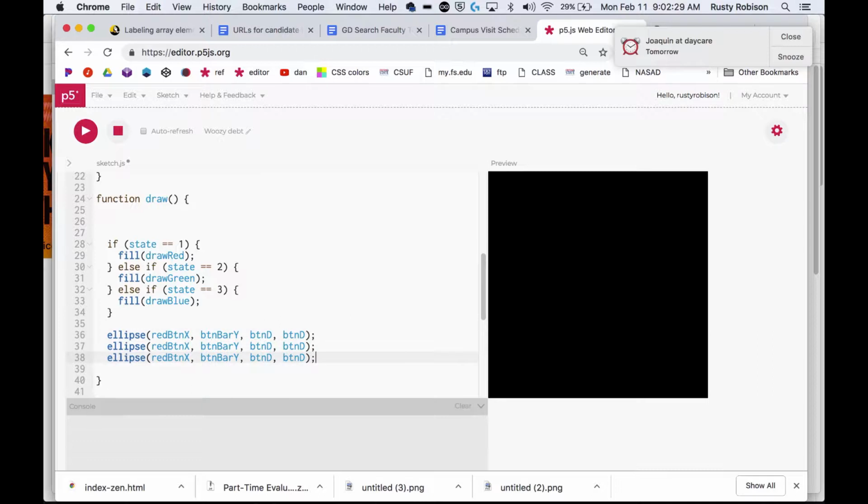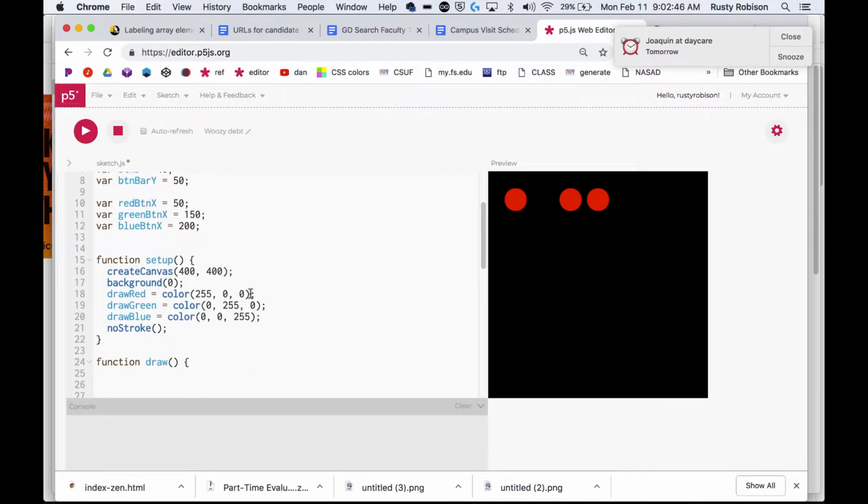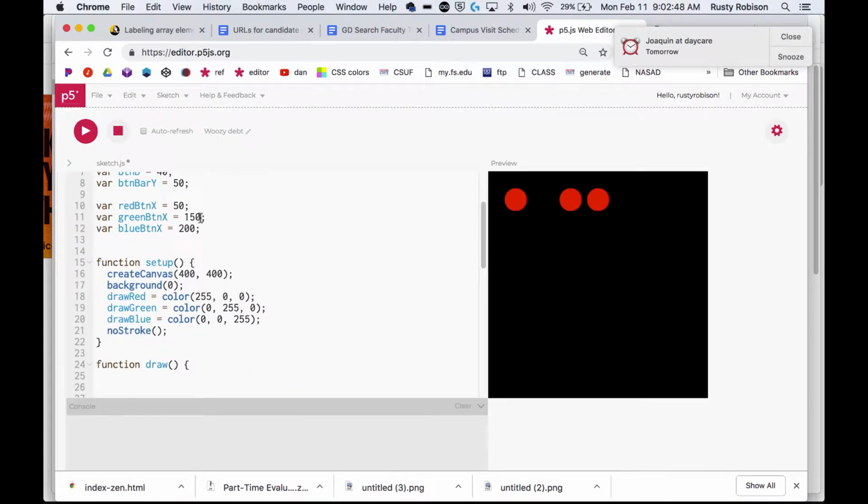And then green, blue. Okay, let's see what happens. Okay, I've got 3 of them. Whoa, that's not great. 50, 100, 150. Okay, that's better. They're all red because I started